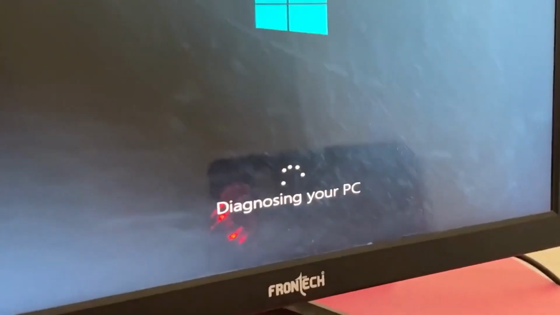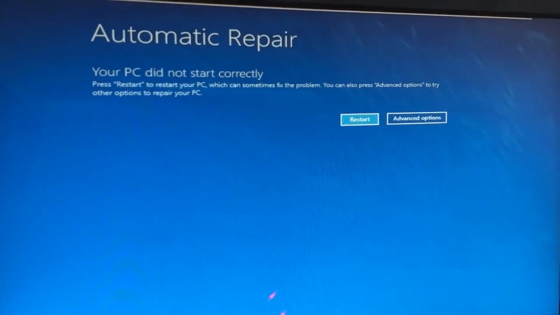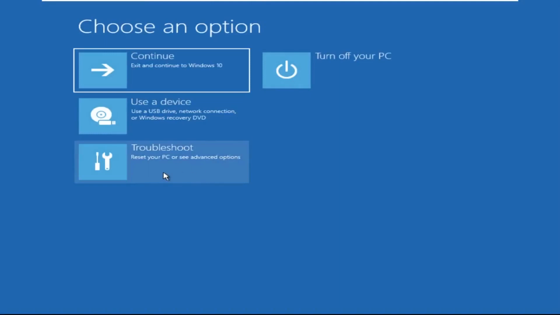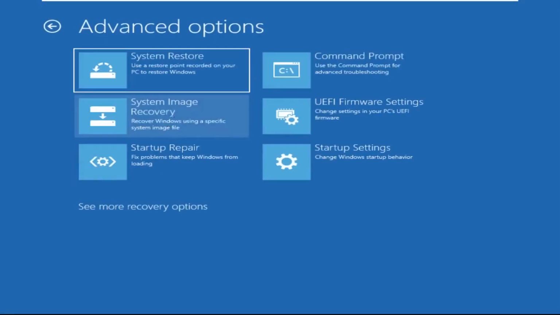Don't let the blue screen of death get you down. I will show you how to fix this problem step by step. So let's begin. Click on advanced options, then we need to select troubleshoot, then select advanced options and then click